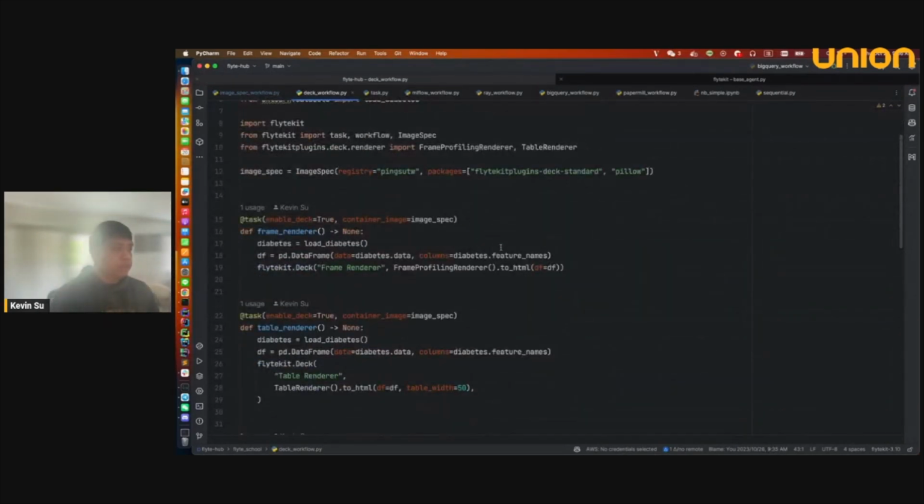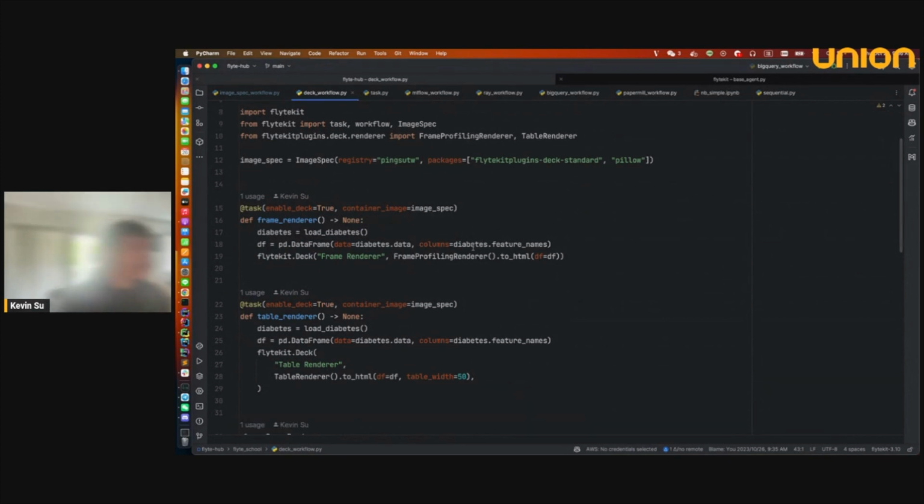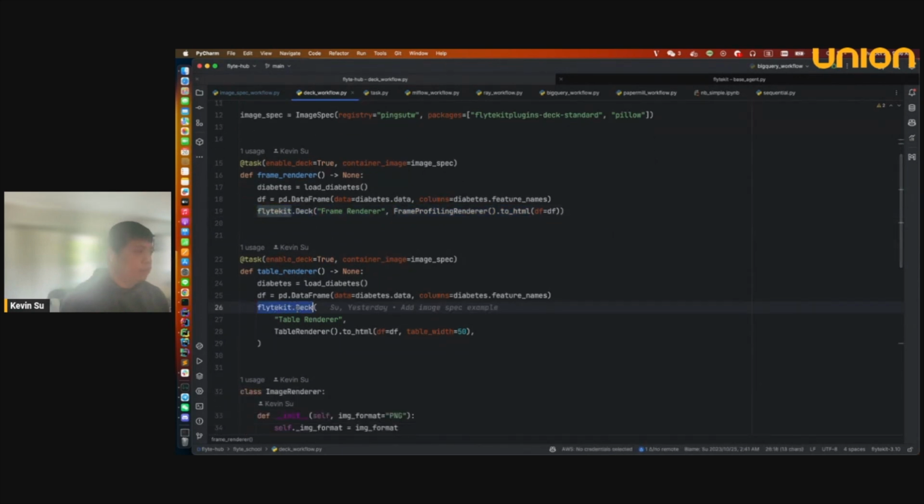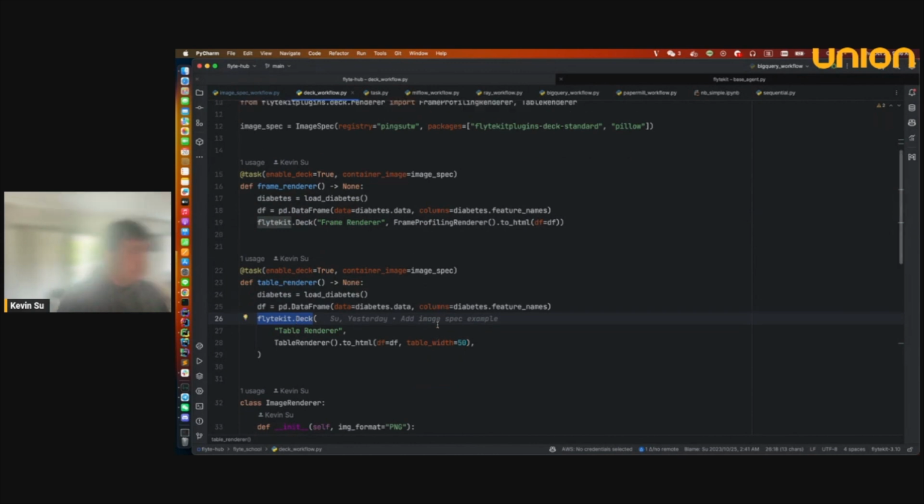Another example is like that. So let's say you have a pandas DataFrame, and here we import a Deck renderer in the Flyte plugin called FrameProfilingRenderer and TableRenderer. So let's say you have a pandas DataFrame and you want to profile it, you can use this renderer to generate an HTML string, and then you can add it to the Flyte deck. And then if you want to